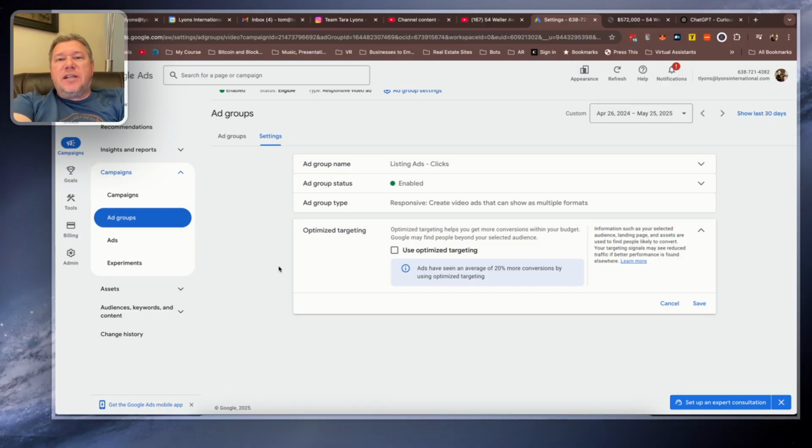So it depends on how long you're going to run the ad. If you're going to run the ad for a short period of time, like a week, then I like to not use optimized targeting. If I'm going to run the ad group for a long period of time, then I do like optimized targeting.